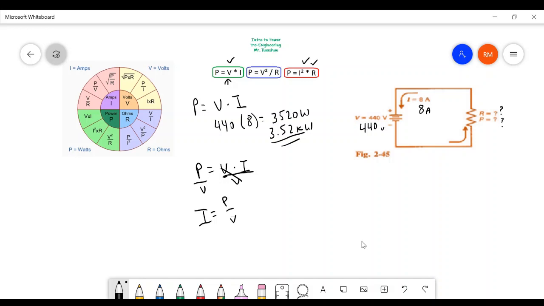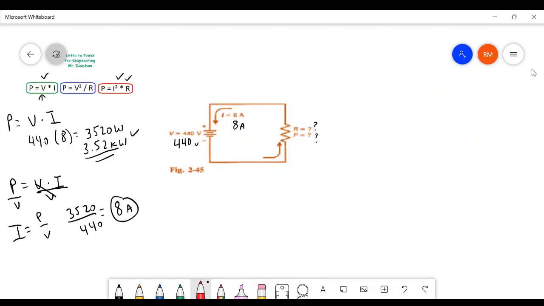Let's do the check. Let's see how it works out. My P, remember, is 3520, and my voltage is 440, right? And when you divide 3520 by 440, what do you get? Well, I got 8 amps. All right, so my answer checks out. So now we're gonna focus on the formula P is equal to I squared times R,